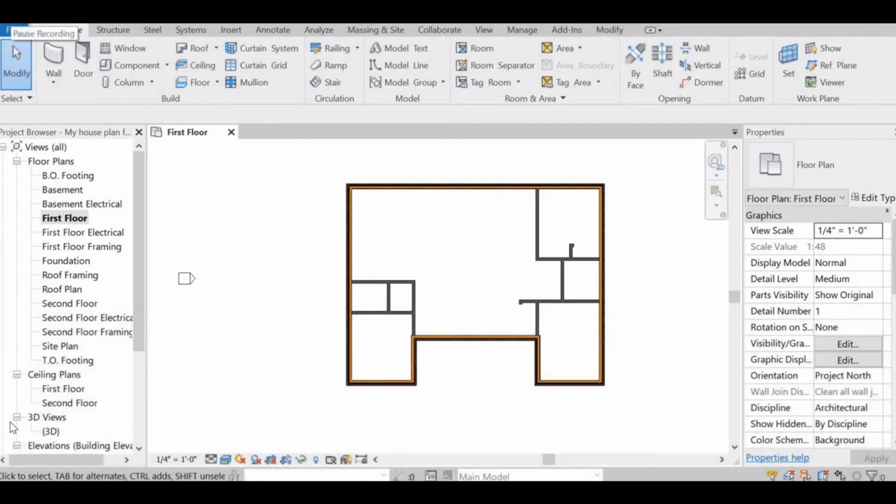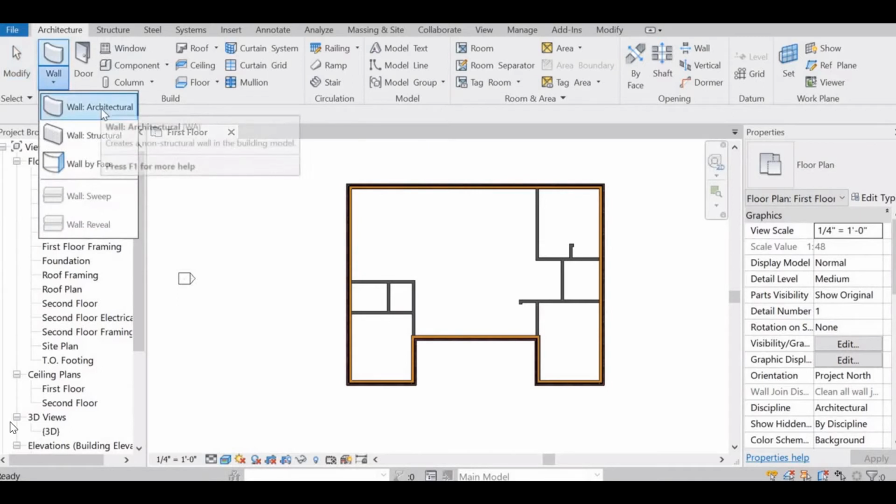This video is going to show us how to create a new line type. This line type we're going to make for our garage, and it will be the wall between the garage and the interior of the house. So first we're going to draw the garage. So I'm on my first floor,